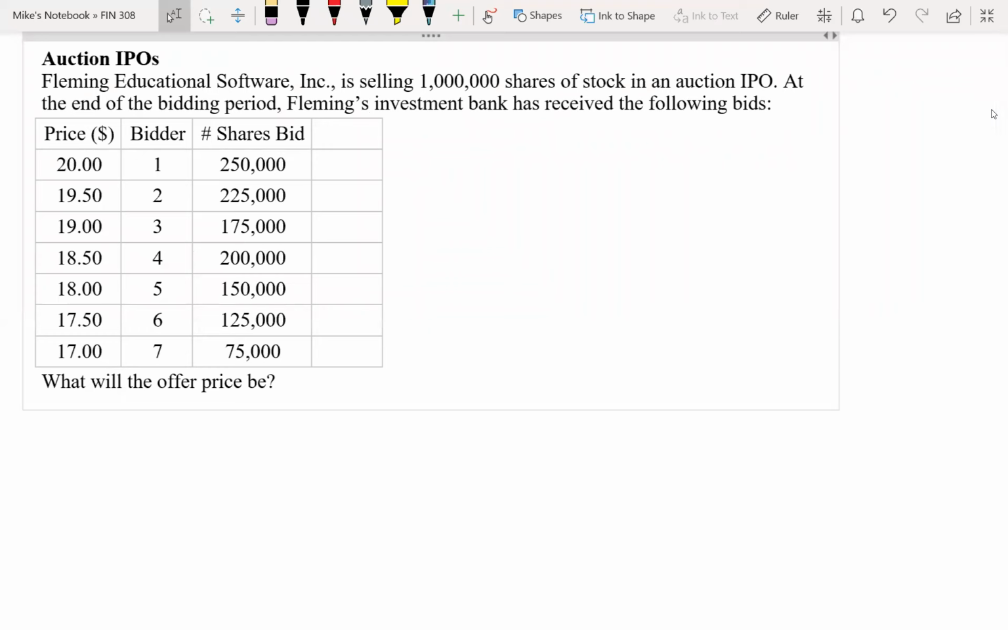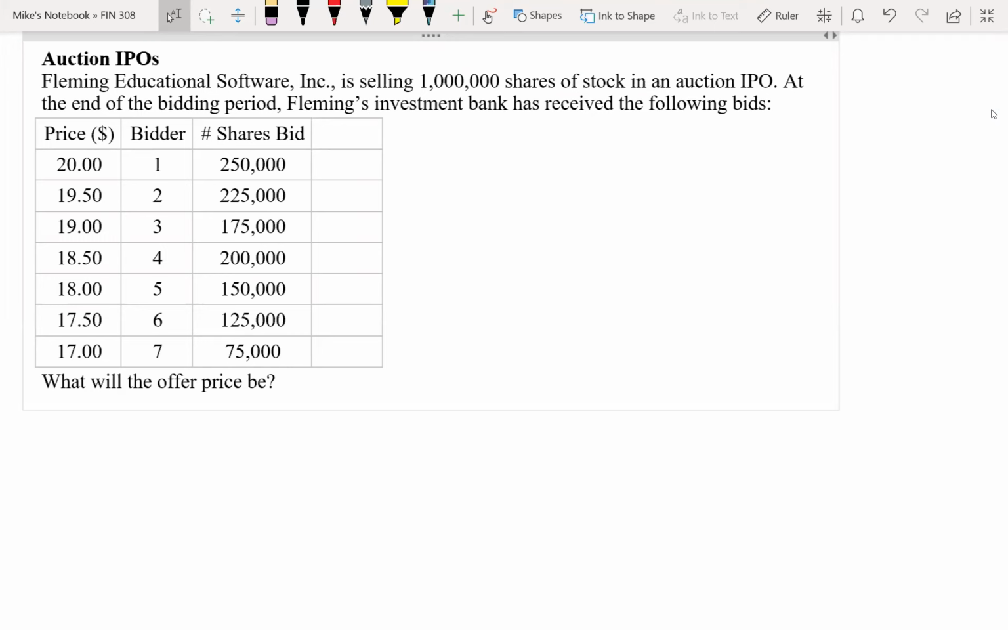In this problem, we've got a company that is going through an auction IPO. The company is Fleming Educational Software. They're planning on selling 1 million shares of stock in an auction. And what happens in this auction process is the investment bank that's helping out Fleming receives a number of bids